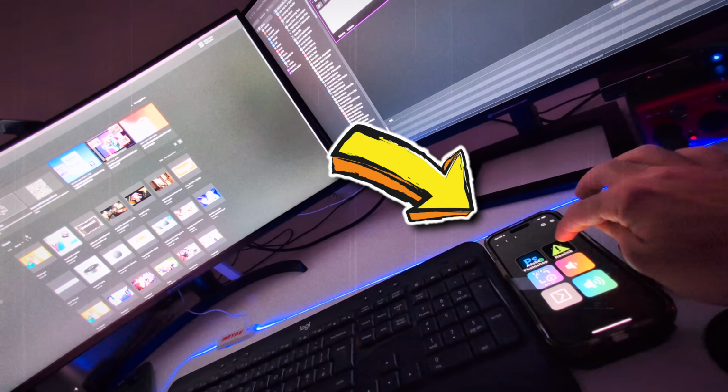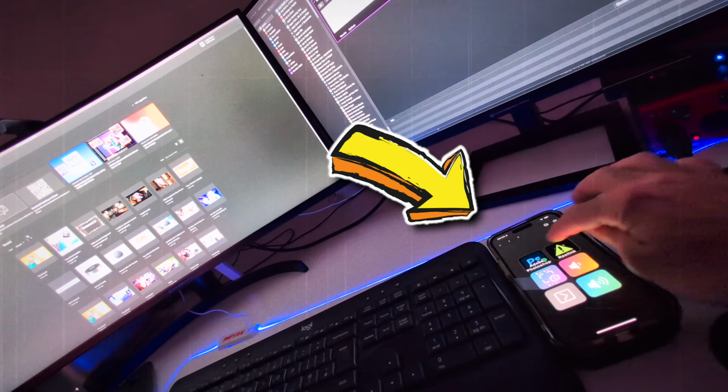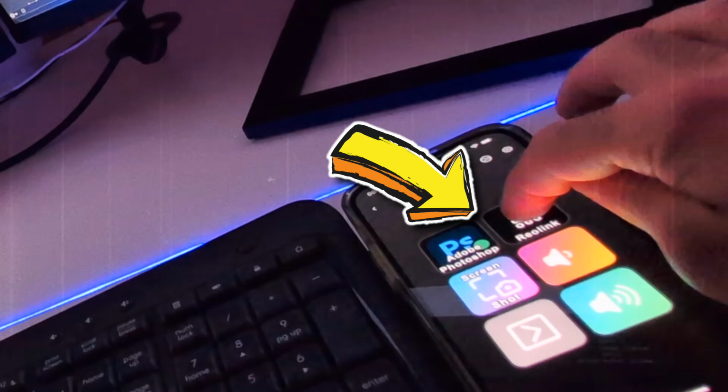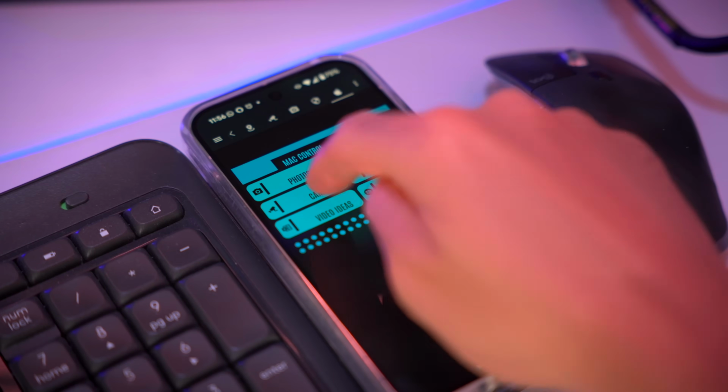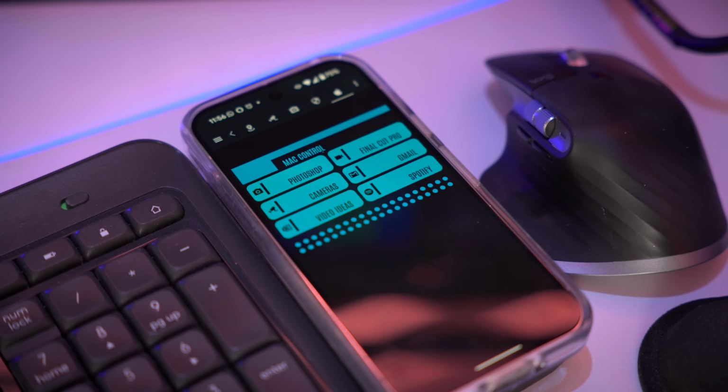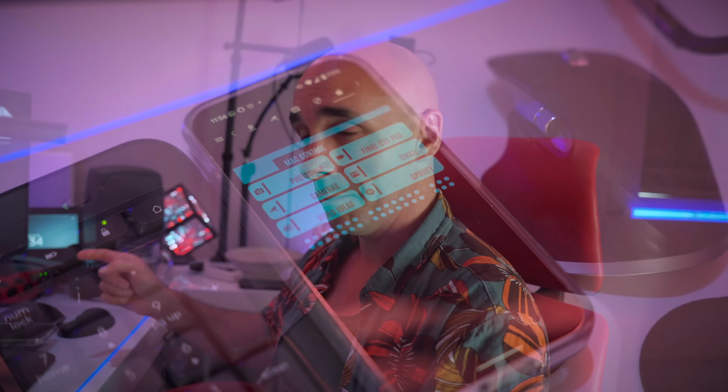You might be thinking, so what? I've got a Stream Deck that does that. So the Stream Deck software can't launch Reolink for some reason. I can't launch my camera system, which is really annoying because it's one of the main reasons I wanted to use Stream Deck. I can do it with this. This also looks a lot prettier than Stream Deck because it fits in with my whole Star Trek theme and I can make it look like whatever I want it to look like.